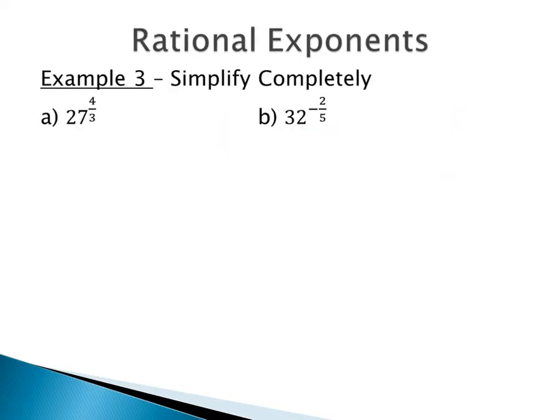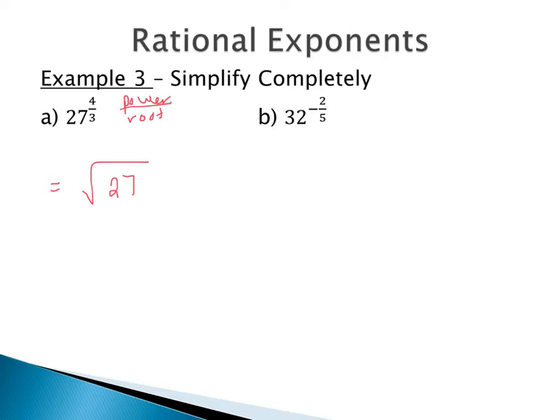So let's just see how these rational exponents work in terms of simplifying. If I have 27 to the 4 thirds, we again want to think of this as our power over our root in terms of how we want to set this up. So I have some sort of radical. I don't know what kind of radical, but I know that I have some sort of radical. The 27 is going to be inside. Our power is 4 because that is our numerator. So power over root, and then our root would be 3.